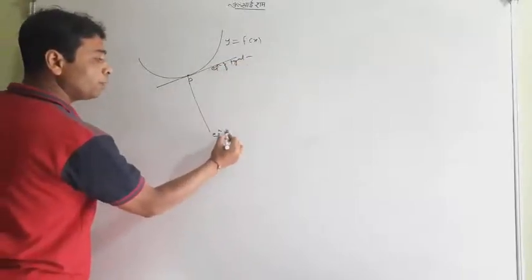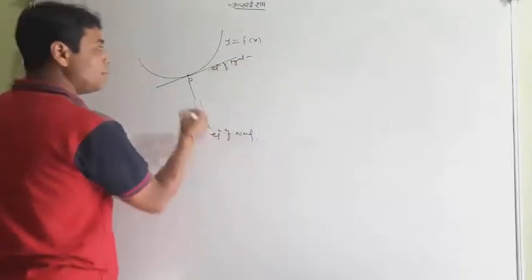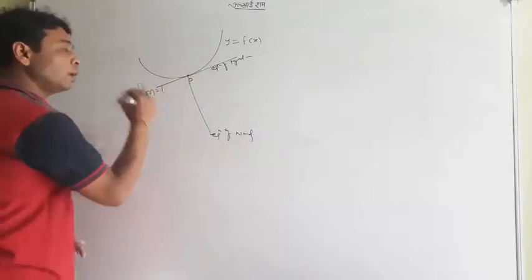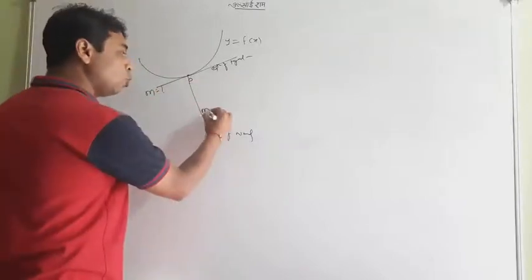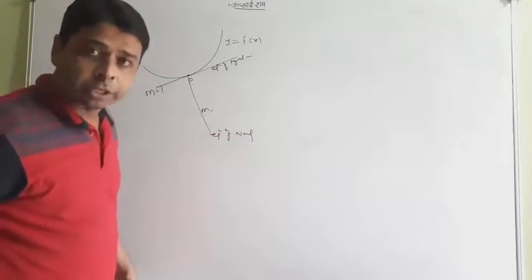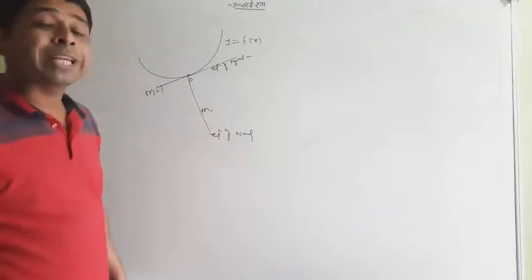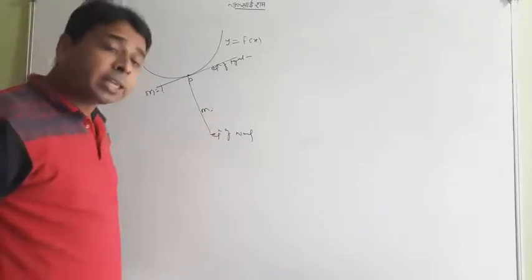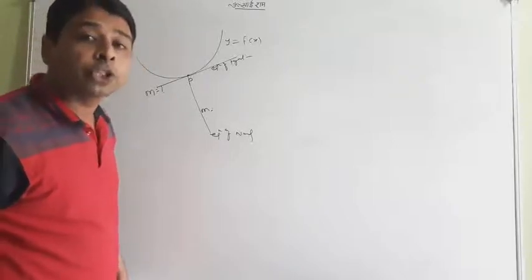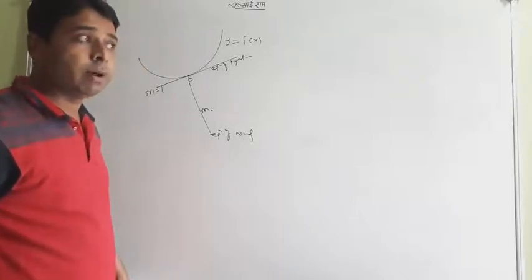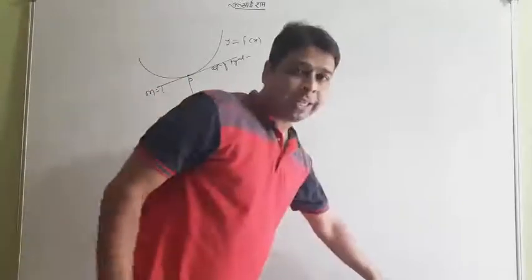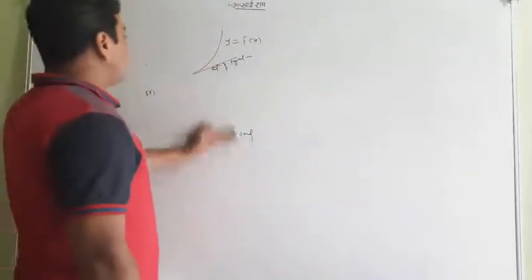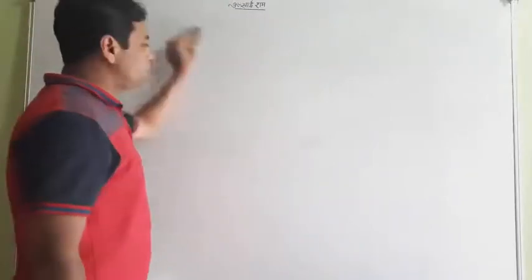Equation of normal may be asked. Slope of the tangent may be asked. Slope of the normal may be asked. So whatever words or sentences I used recently, all these patterns or kinds of questions may come in this exercise, and you have to find them all. It's all very easy. One by one I will tell you. You don't worry about this.